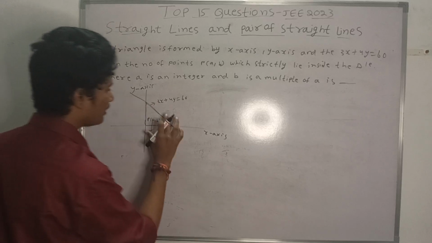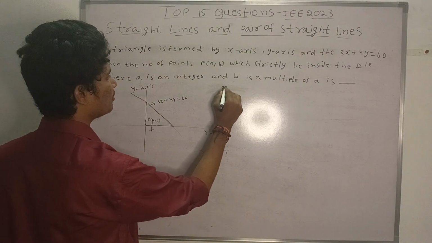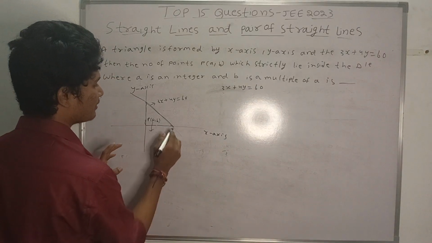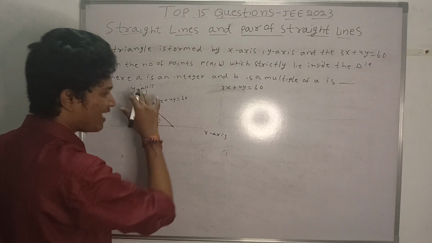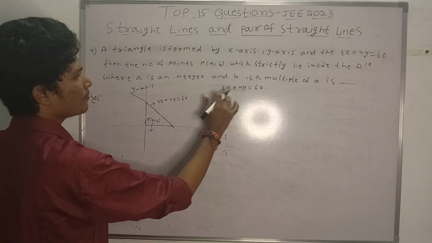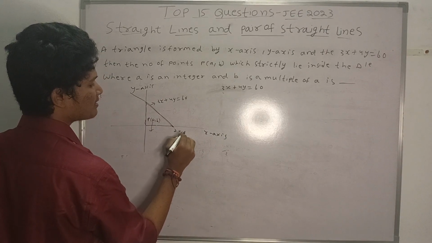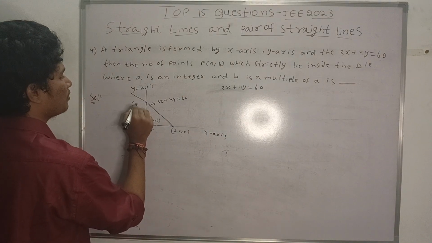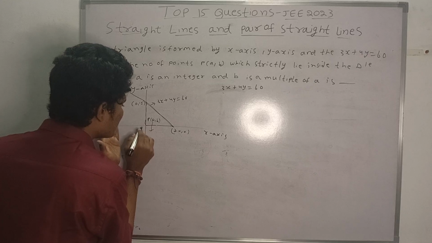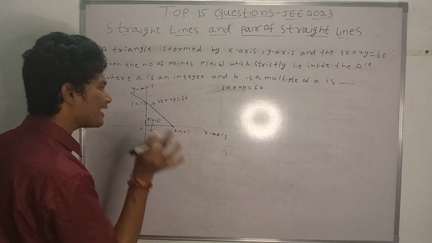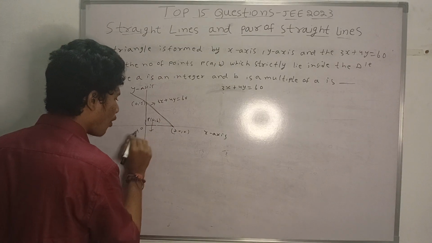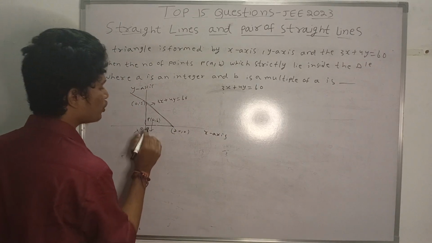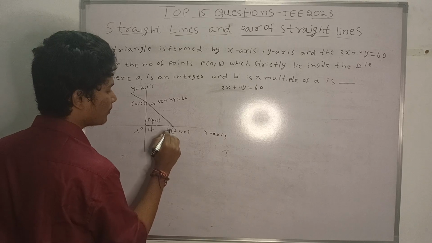Basically if we see the equation, that is 3x plus 4y equal to 60. Now I am taking the intersection points. When y is 0, what is x? x is 20 here, (20, 0). And when x is 0, what is y? That is 15. So 0 to 20 points, and it should strictly lie inside only. So the point (0, 0) and the point (20, 0) are neglected here. So it should lie between 1 to 19 only.